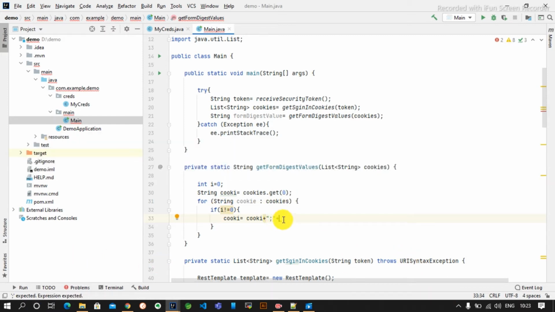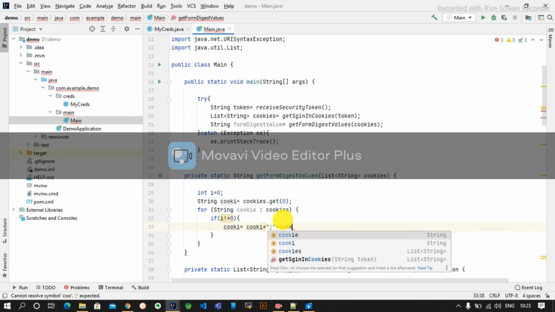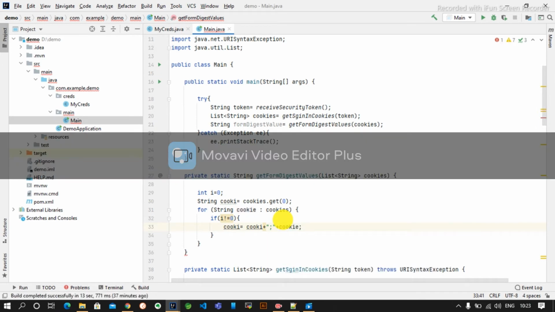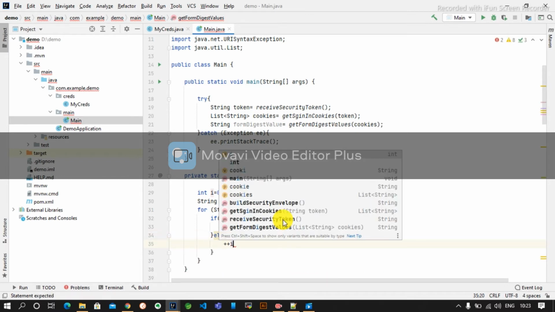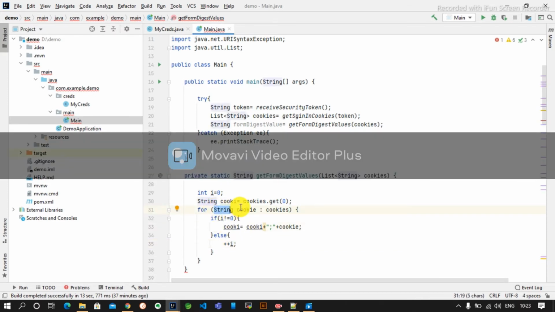Here we have appended the cookie. Else we will do i plus plus. I think you are understanding this logic. Whenever i is 0, we leave the first index, and once that is done, we append all the other cookies after it.